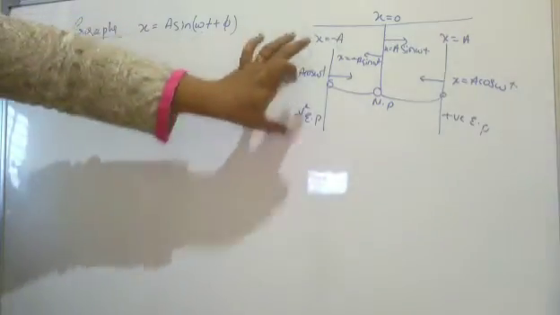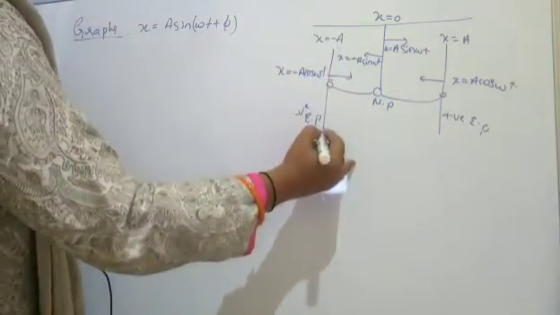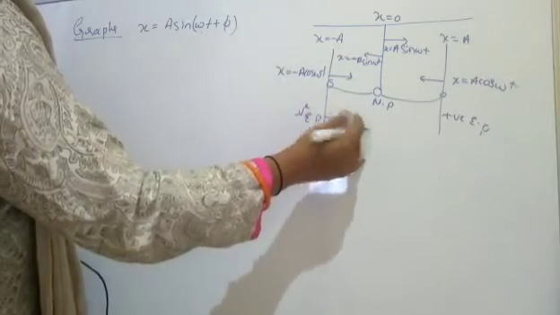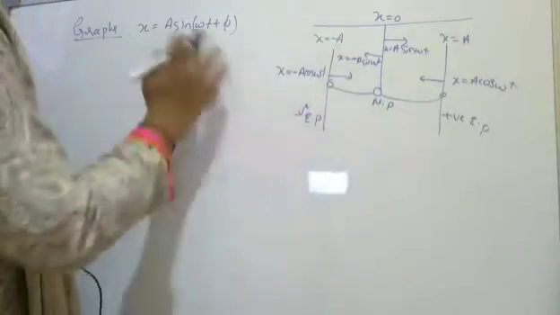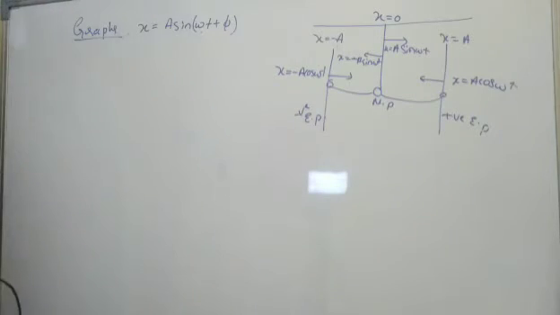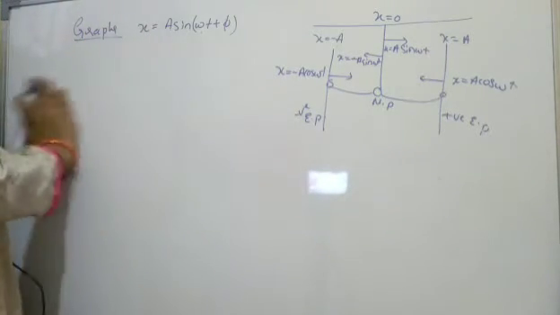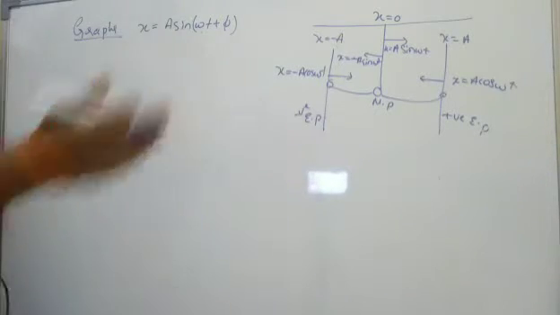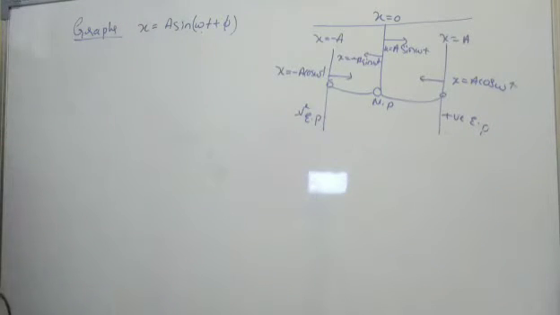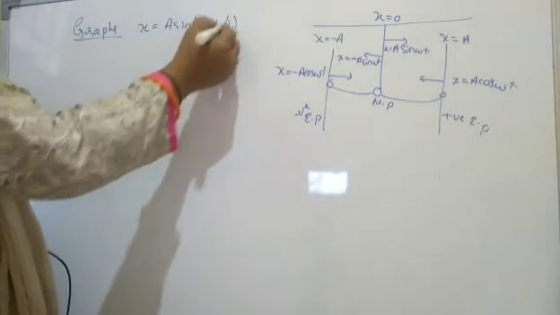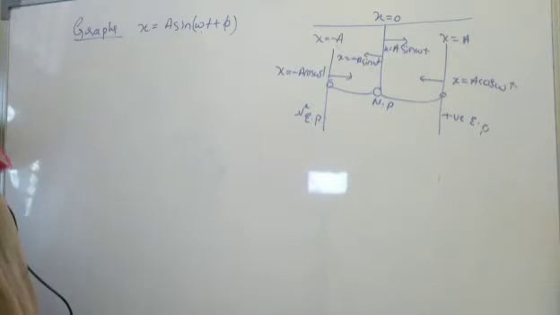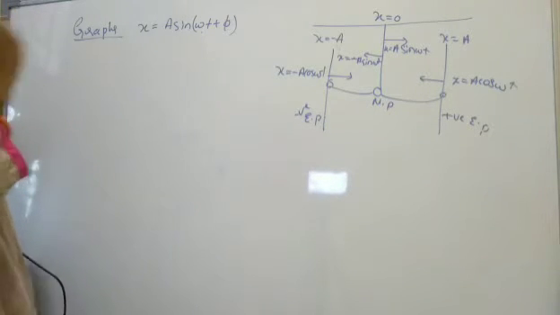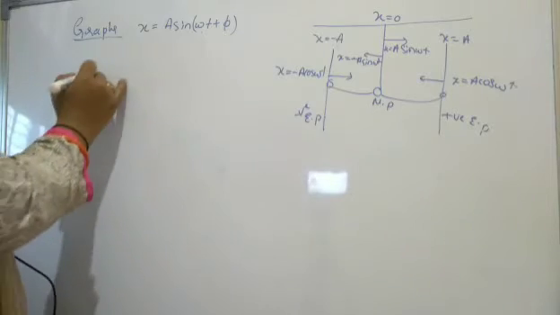And in this case also, where the particle is executing simple harmonic motion, at this position t is equal to 0, and this will be t is equal to 0, so it will remain with omega t only. When we have an initial phase, that also we have studied in the phasor diagram. If you want more clarification, go back to the previous classes, clarify, and then come to this video. Until you have clarified the previous one, you should not proceed to the next one, because it will be a bit difficult for you to understand. That's it, nothing else. So you have to go ahead.